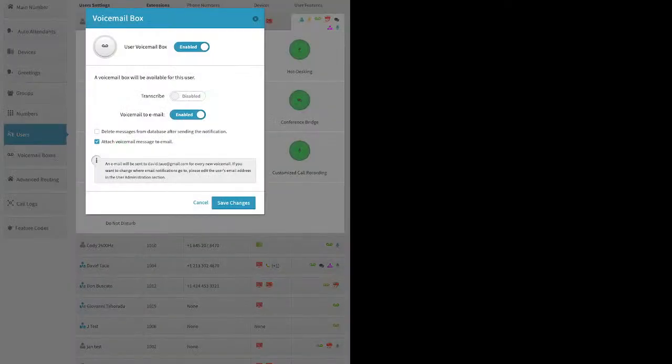Voicemail box, this is the voicemail box created with the user. By default, we send an email, and it's an attachment file. Now, transcription, this is actually a plan-specific feature where the system listens to the voicemail and tries to type it out as best it can in that notification email. Bear in mind that sometimes people don't speak into their mics properly, or there's enough background noise that the system